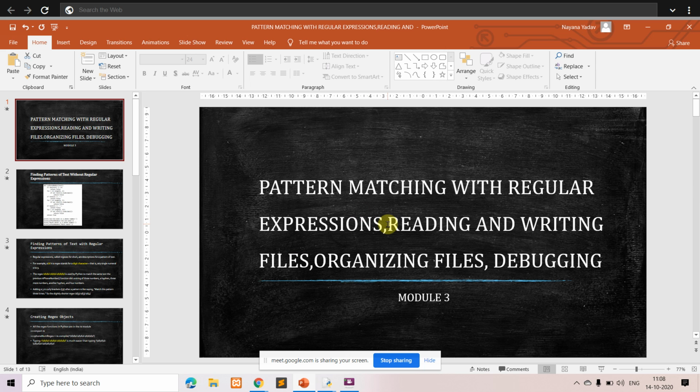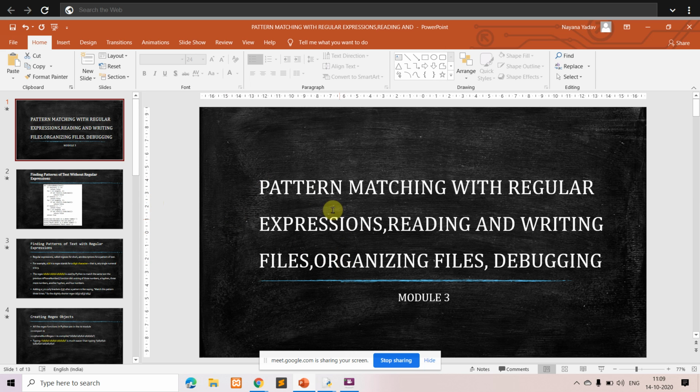Whereas here, what we are doing is using the concept of regular expressions. This regular expression goes still further. It allows us to specify a pattern of what you want to search in your text. You have a text, and the regular expression consists of a sequence of symbols and characters. You give this as a pattern, and that has to be searched in your text. That is what we are going to see in this particular module.